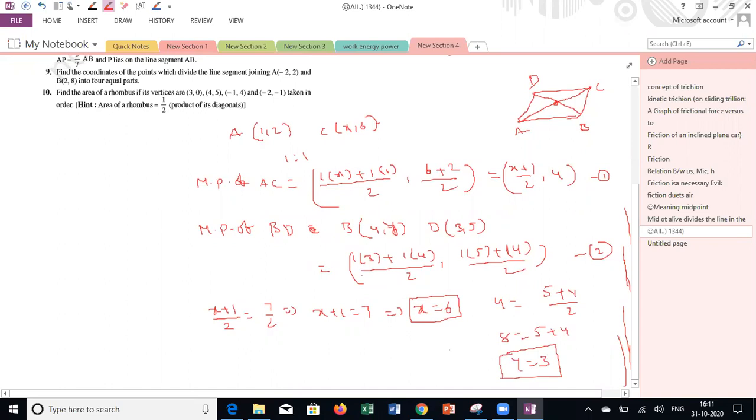Which method you followed? Same or some other method? Same method, sir. So this is how you have to do. Just mention the section formula here. Once you are perfect with this, in upcoming studies we will use straight away (x1 plus x2) by 2 and (y1 plus y2) by 2. But here at least we have to show why. Just mention the section formula to solve the midpoint.